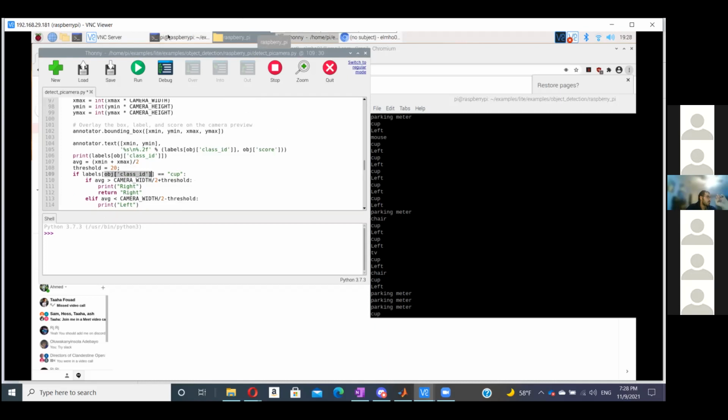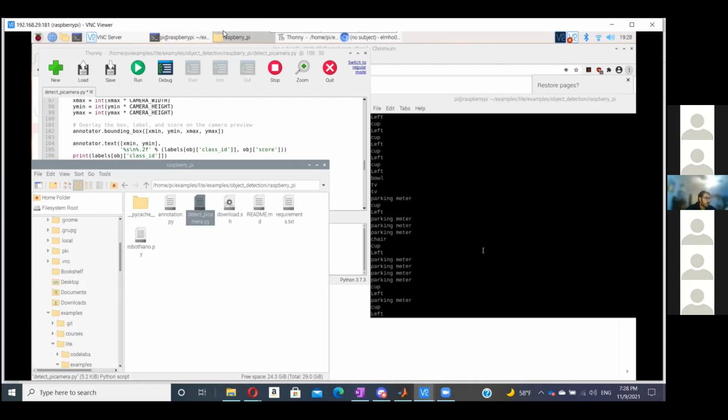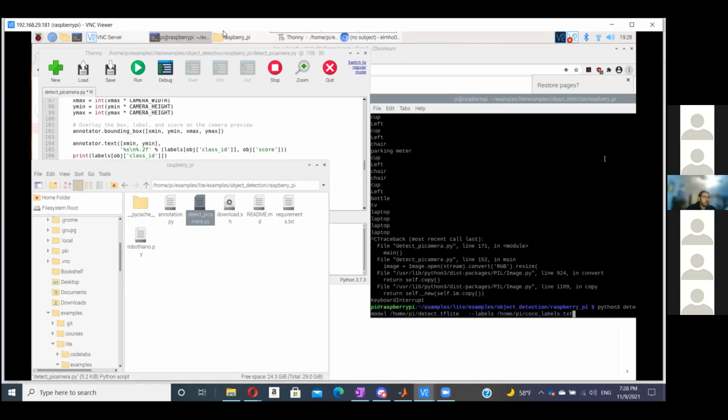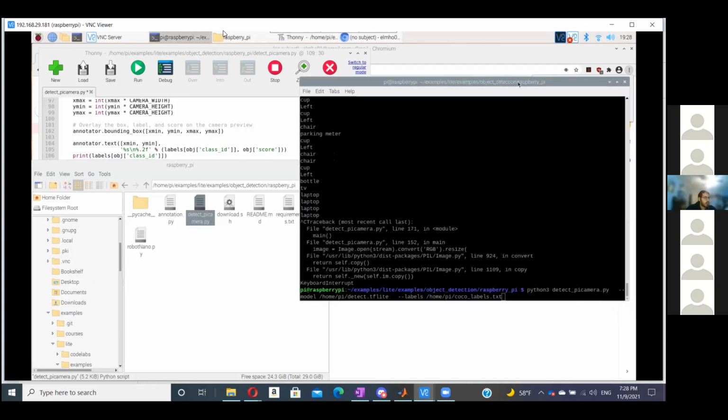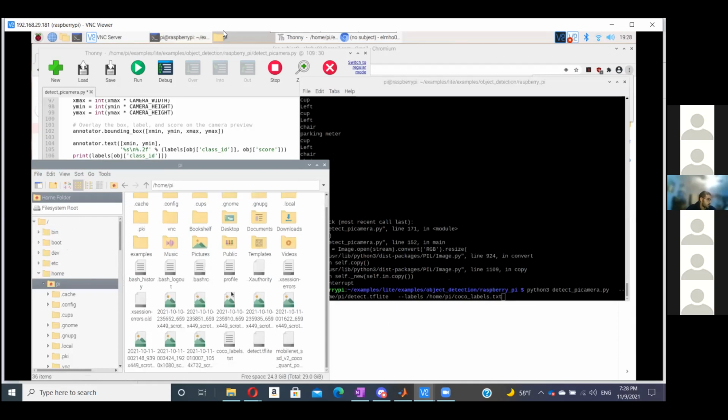And you can also redefine an object. What I can do is go back and see. Just a heads up, this is talking about where it's looking for the model. It's looking for the model that comes pre-installed with the environment and also the labels for that model. So it's /home/pi. If I go into here and I open the COCO labels,